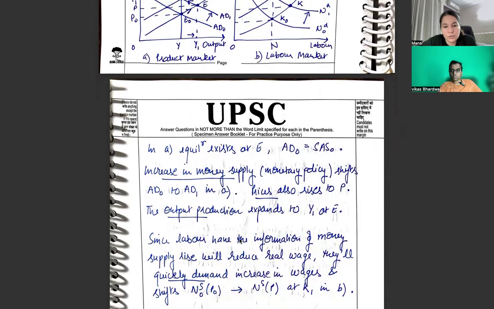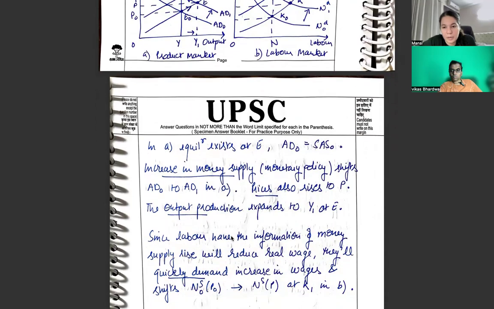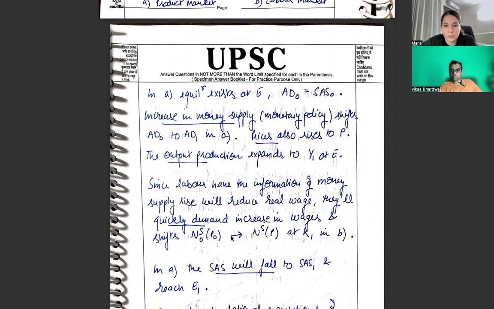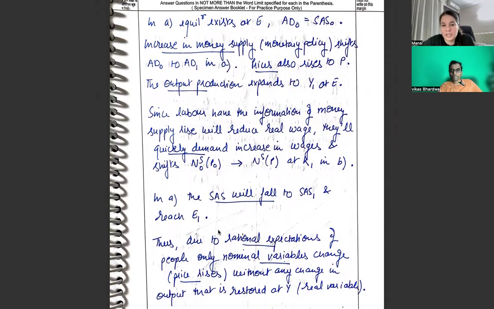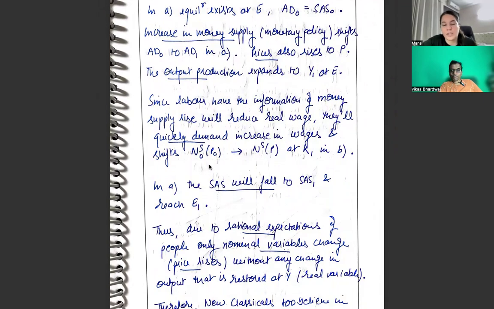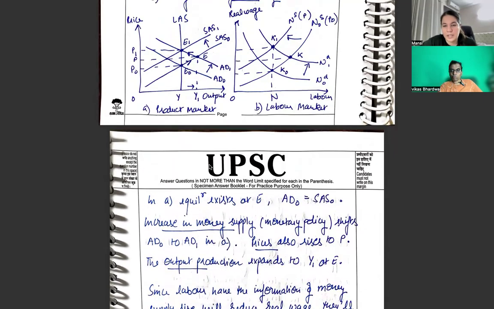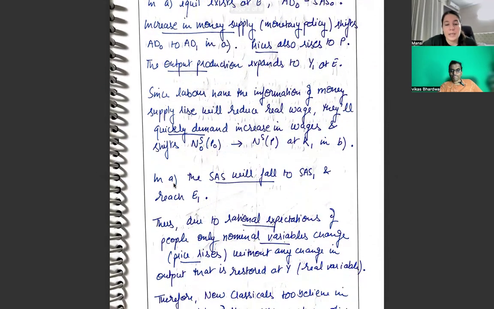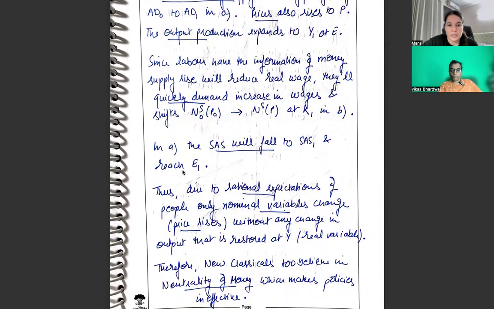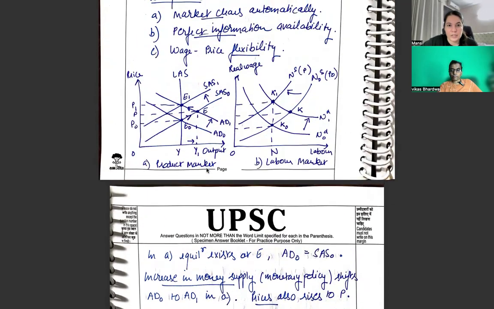Prices will also increase to P, and then output production also expands because of the expansionary monetary policy. Since labor have the information of the money supply increase, that will reduce their real wages. They will quickly demand an increase in the wages, and that shifts the labor supply. It is declining in panel B. Leftward shift of the curve of labor supply, and in A, because of the decline in labor supply, the short-term aggregate supply will also fall, that is output is falling, and it will reach point E